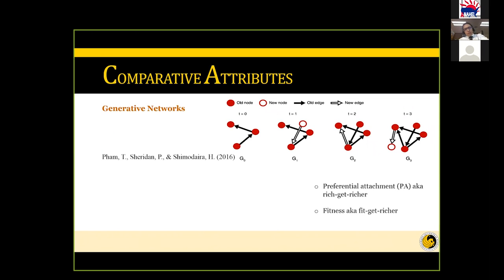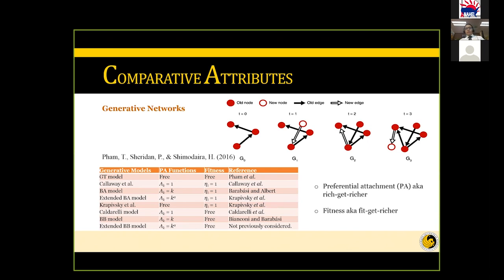And that brings us to the second concept. We call it the fitness concept, also known as fit get richer. So these are some inner qualities that a node has that help the node to create more links or increase its degree. So this node, even if added to the network later on, is going to create more degree based on those inner qualities. So the quality of the paper, for example, in a citation network is one of those inner qualities that I'm talking about that's going to create a lot of degree. So we have a lot of models that I put in the references. You can find them yourself for your studies, but